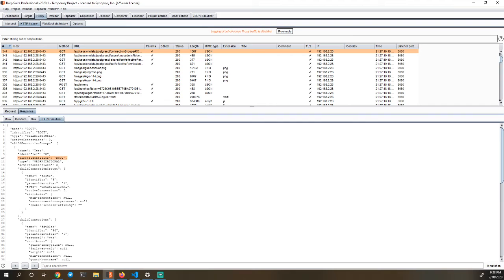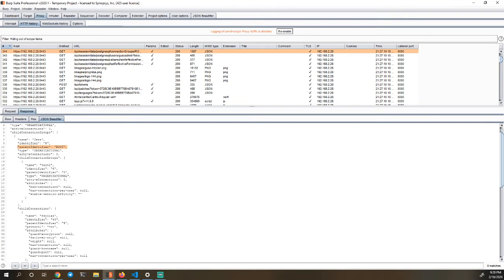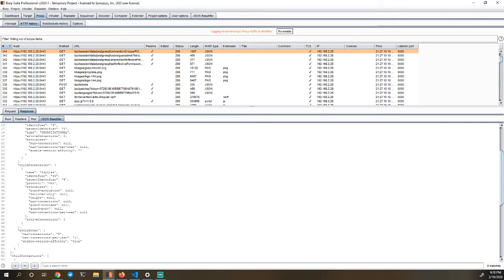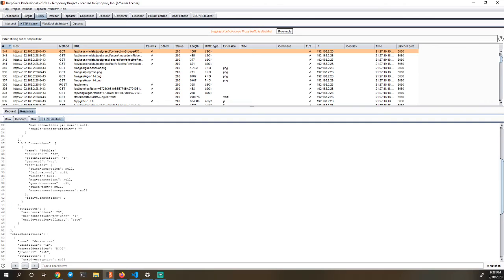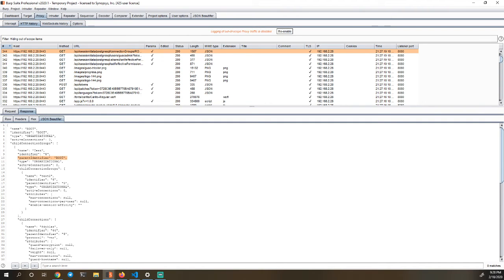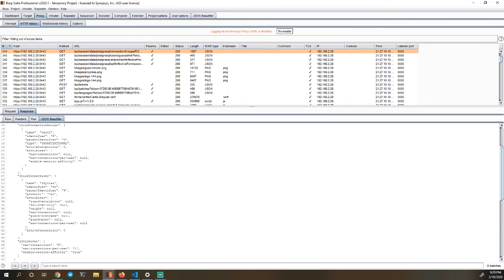And then in there we have another child connection group and child connection. Okay. So that's how it's building its tree out in the GUI. So it's taking this JSON data here and it's parsing it, right? So it's looking for, all right, first give me child groups and child connection groups. So we get this, and the top one is going to be test, and then